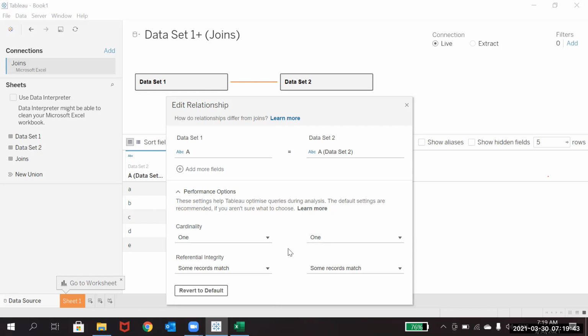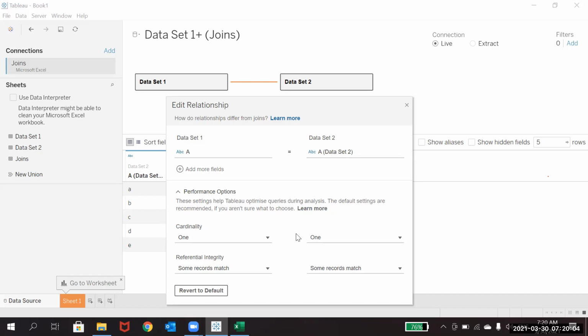The moment you create this relationship between two data sets, instead of going and doing the join individually, this also helps you decide how you would like to join these two data sets and get the information.